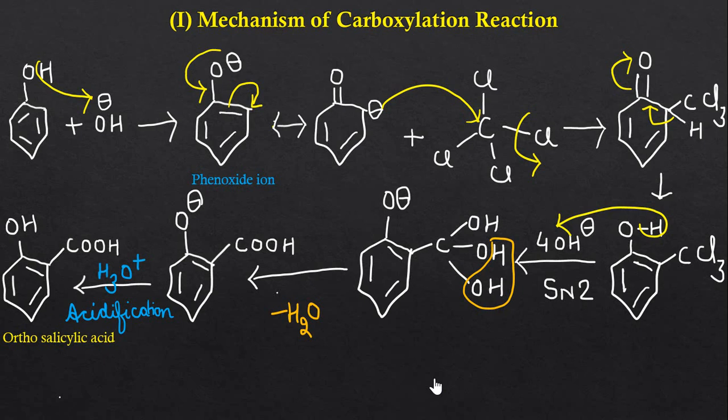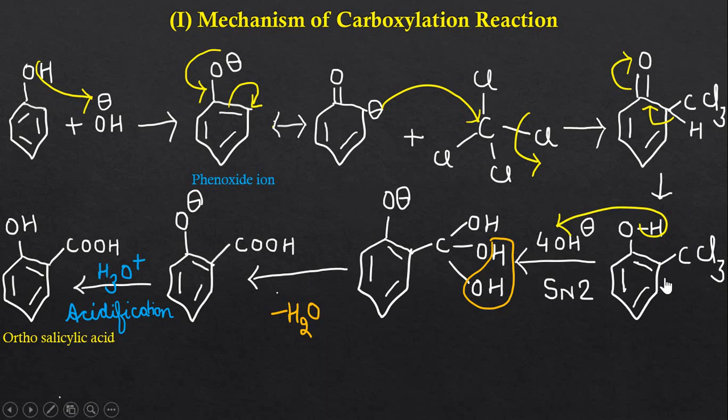This is very simple. Here also first the base removes the acidic proton and we get this phenoxide ion. This phenoxide ion is resonance stabilized, and then this negatively charged carbon atom will attack on this CCl4 carbon tetrachloride molecule, and this chlorine atom departs and we will get this intermediate. Again aromaticity of this molecule is generated by moving these pi bond and sigma bond electrons, and we will get this